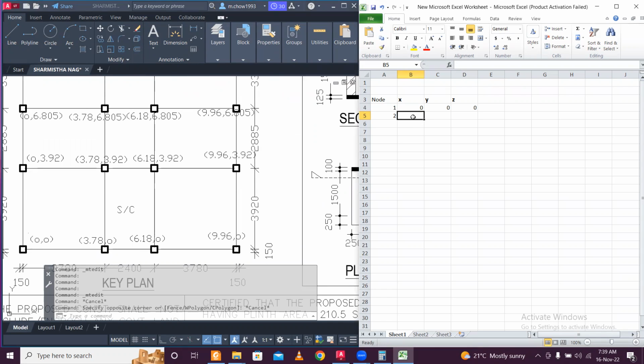So it's 0, 0, this 3.78, y is 0, and the next coordinate is 0. The number 3 is 6.18, and then it is 0, and then it is 0, then it is 9.96, 0, 0. So I will copy these 2 for the next 4, that is next level, and only in